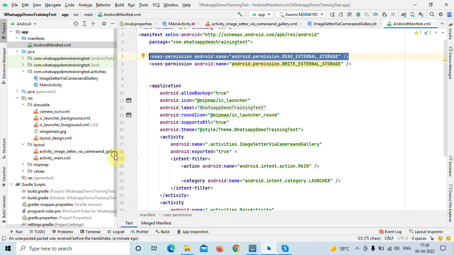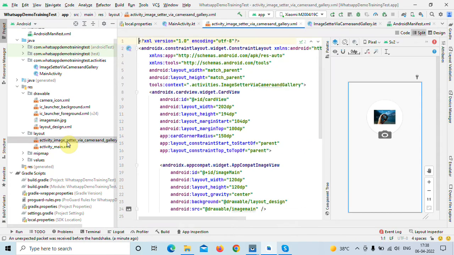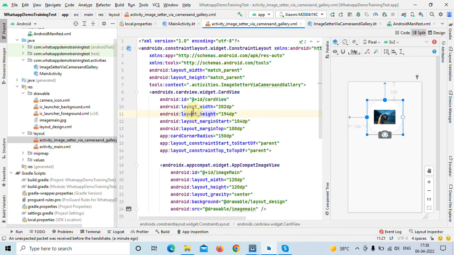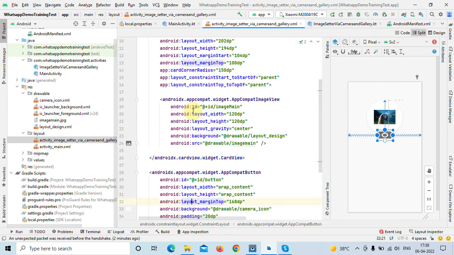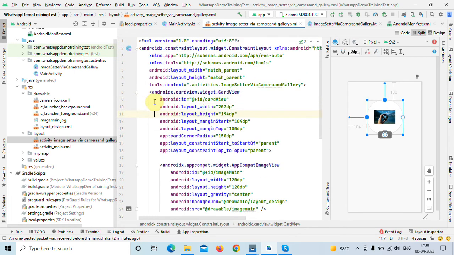After declaring that permission in the manifest file, we have designed the layout. In the layout we have used three widgets. First is card view, and we have set the attributes in card view, that is card corner radius, margin top, app.